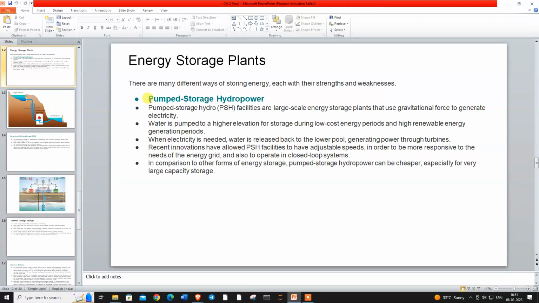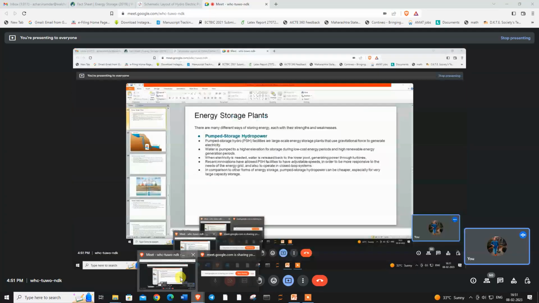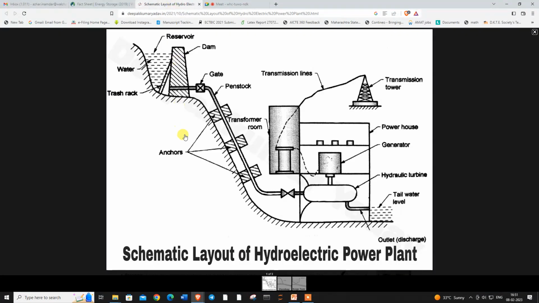Before going to the pumped hydro power plant storage, we need to have a look at the working of a hydropower plant. I assume that you have very little information about the working of a hydropower plant, so we will see how it works, just from the layout. So this is a layout of